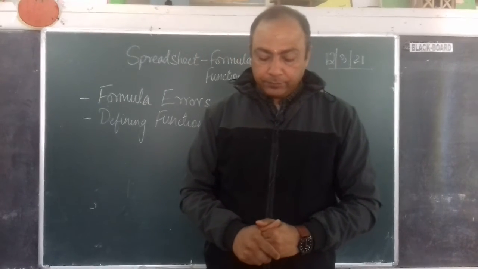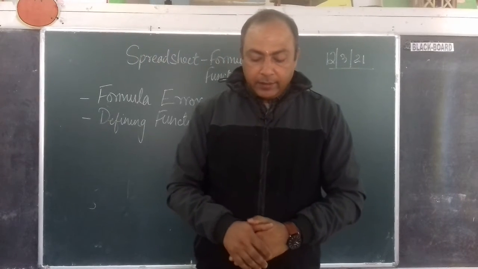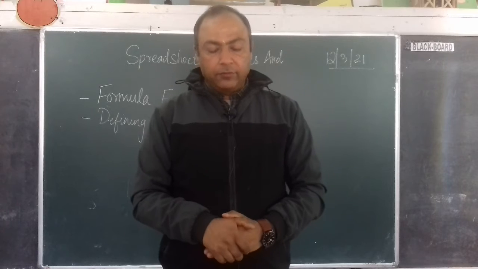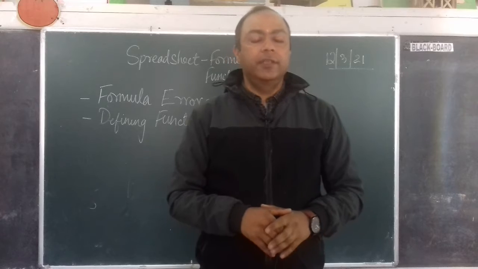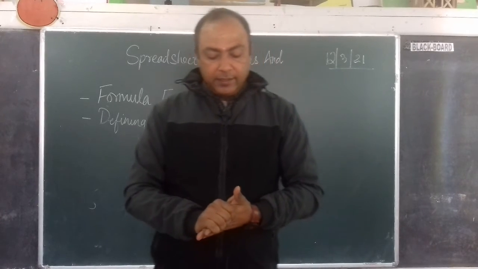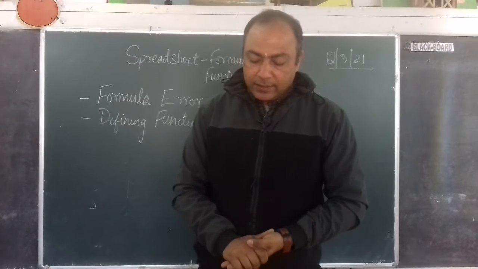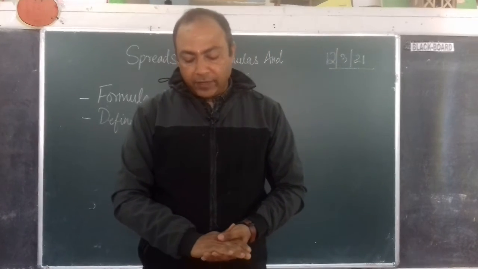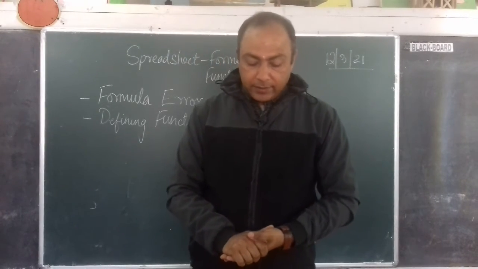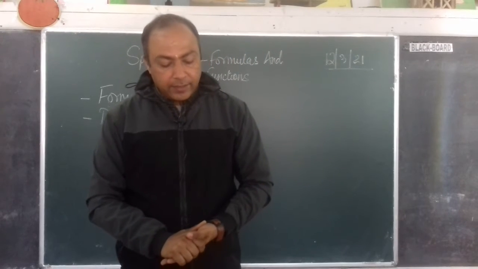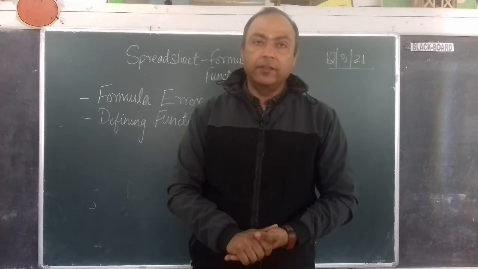Reference error. Another type of error is the reference error. It is displayed when the cell reference mentioned in the formula is not valid. So you are referring to a cell, you are calling the cell which is there, but if the references are incorrect, then it will give you the reference error. Ensure that the cell references in the formula have values and are not deleted. The next type of error is the null error. The null error is displayed when an incorrect range operator is mentioned in the formula.